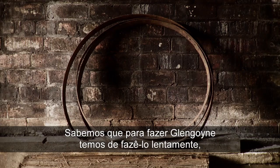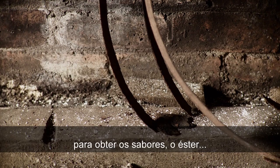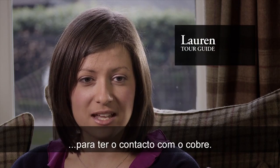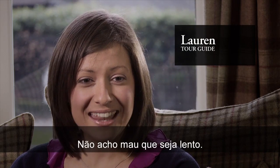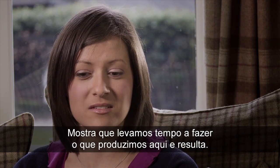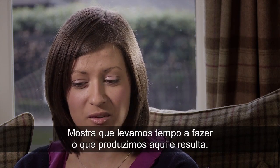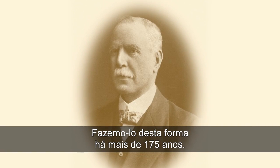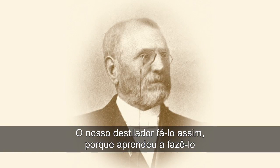I think we know that to make Glengoyne the way it is, it has to be done slowly. We have to do it slowly to get the flavours, to get all the esters and to get lots of copper contact. And I don't think it's a bad thing that things are slow. I think it's showing that we take time to make what we produce here, and it works. We've been doing it this way 175 years plus,